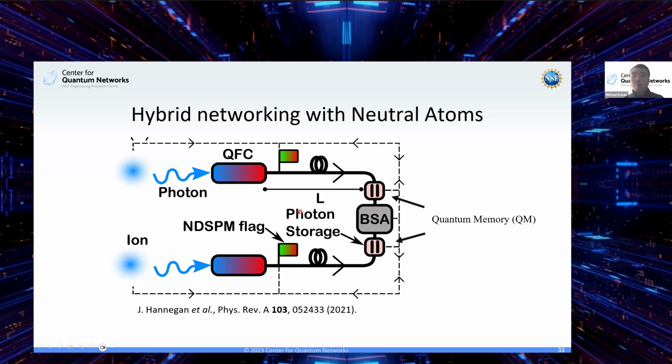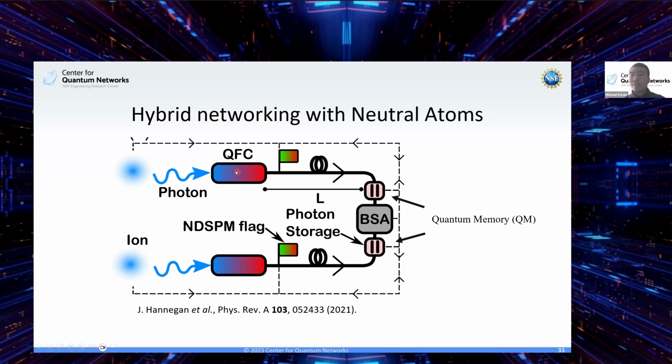And using a method known as EIT, you can engineer to retrieve that photon on demand. So once you turn on a control beam, it ejects the photon with the entanglement back. What is good is that if you add a measurement flag here, every time you see a photon arrive at one of the cells,